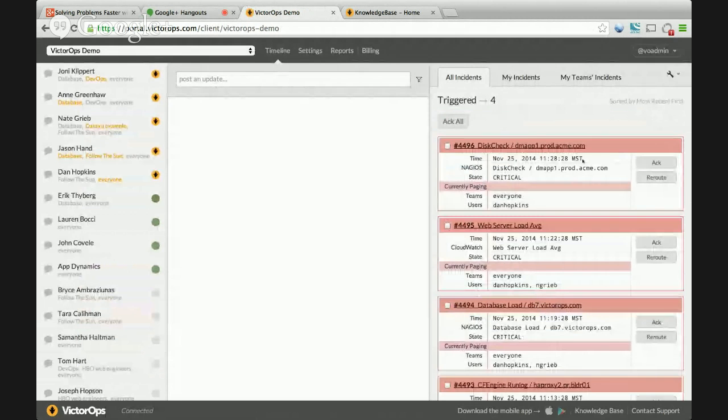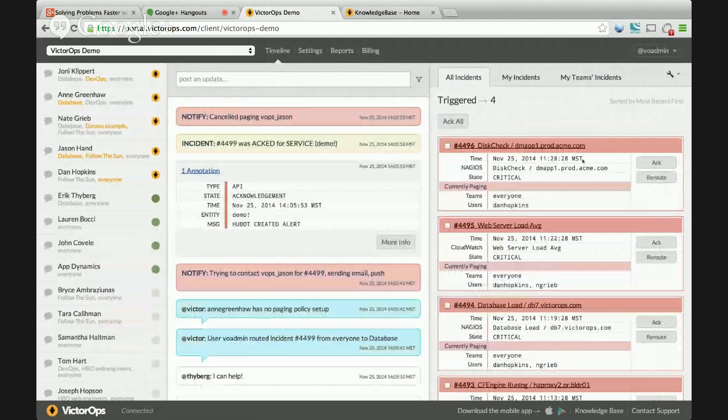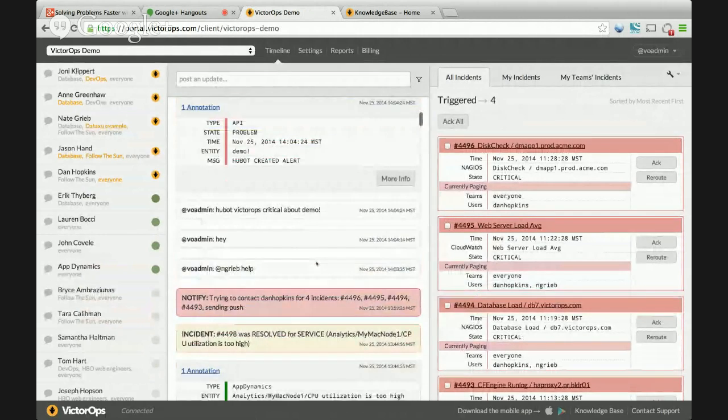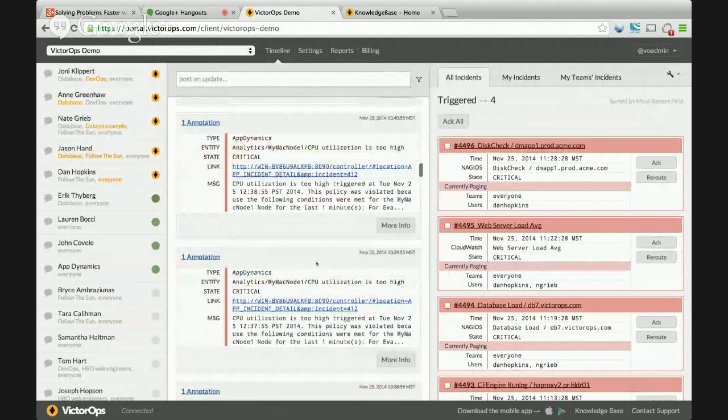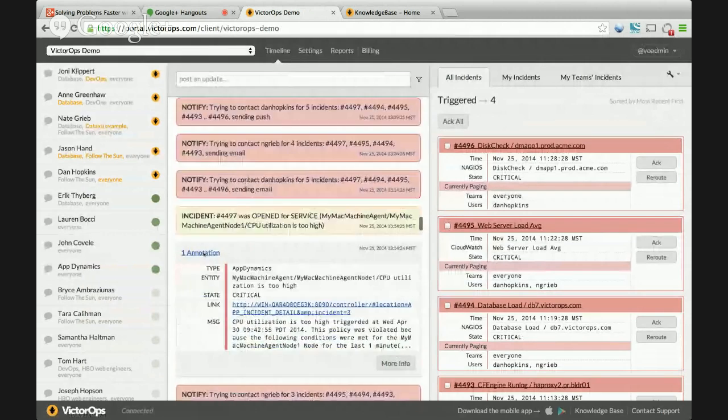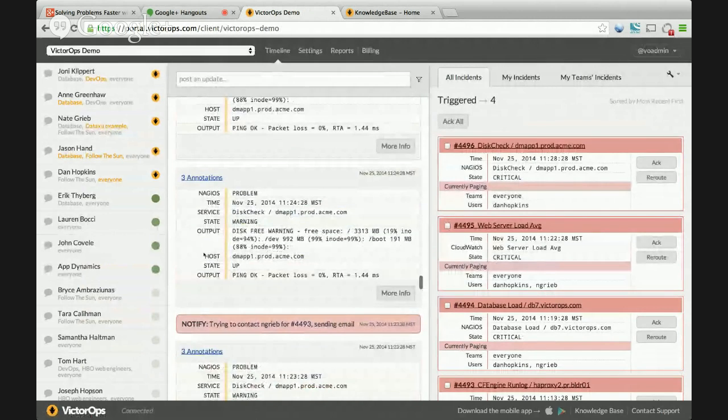I'm gonna go ahead and jump back out to the main timeline. And real quick, I just want to touch on this just before we end the screen share here. As you see these annotations appended to the different alerts here, this is our newest feature, the ability to annotate alerts. And essentially what it allows you to do is, based on rules that you define, you are able to